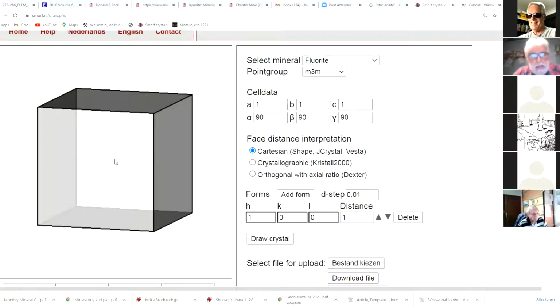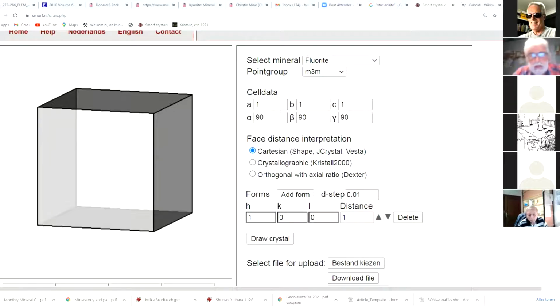So due to the symmetry, if you specify just one phase and you click on draw crystal, the program will use the symmetry defined by the mineral and will actually draw the whole crystal being the 1, 0, 0 form,